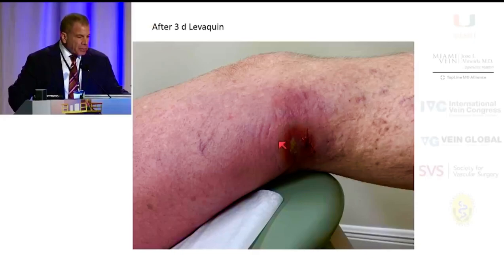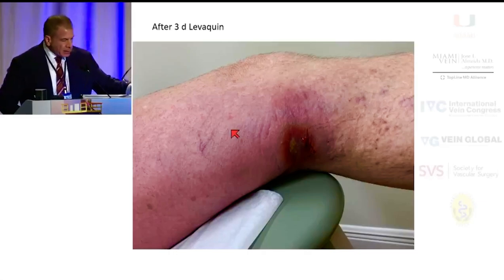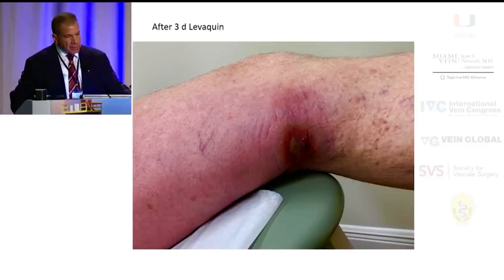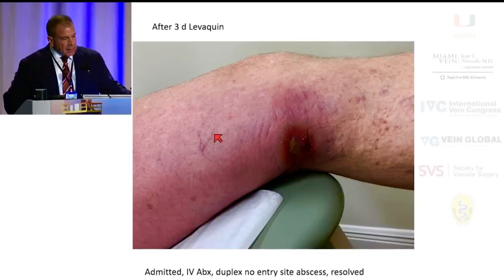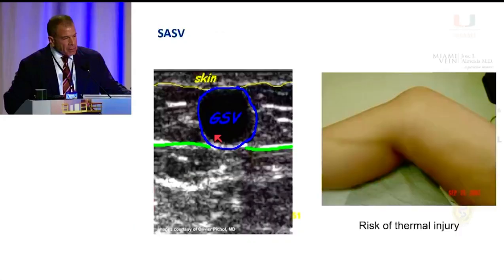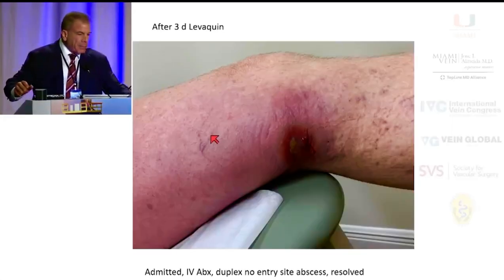So I got super worried. Ultrasound showed no abscess. I admitted him and put him on full vanc and consulted ID. He was in there for 10 days. Things got better, but it's the next one, yeah. So, but now,